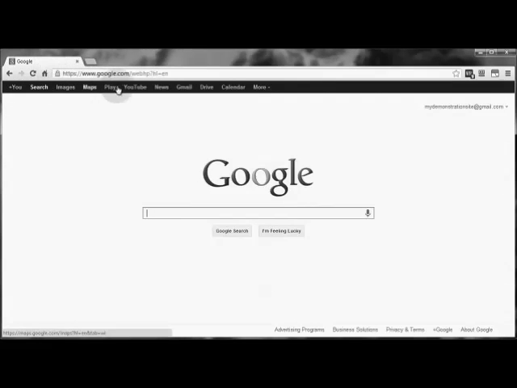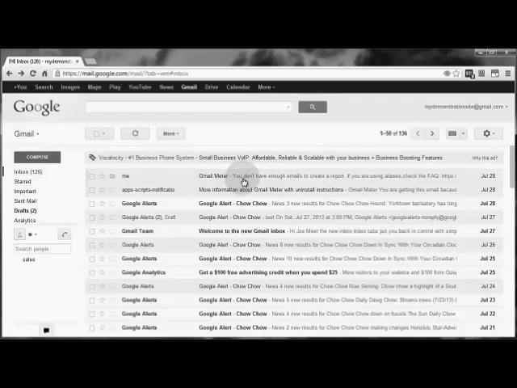Log into my Gmail. I've already logged into my Google account, so I'm just going to go to the Gmail link. And this is a report that I did earlier, and since this again is a dummy account, there's not enough emails in that account to create a report. But I'm going to go ahead and show you first off how to deactivate the authorization,